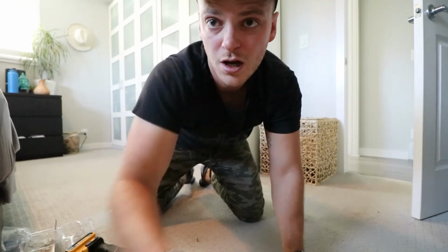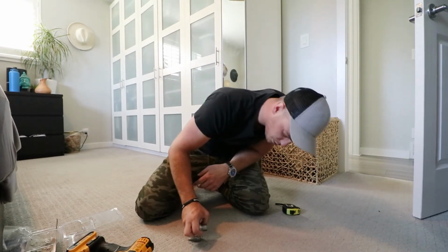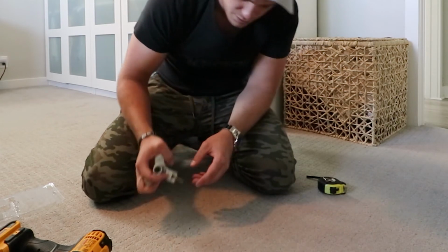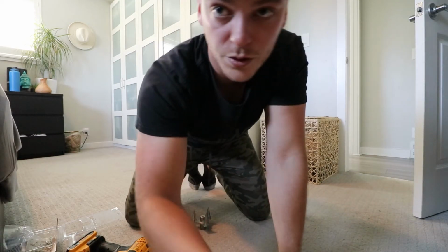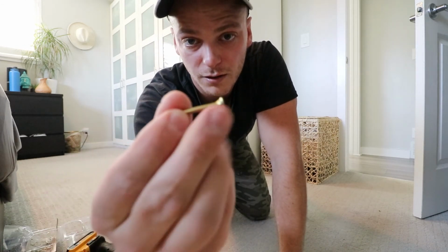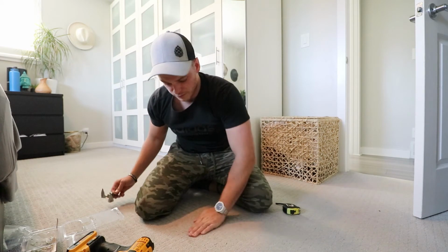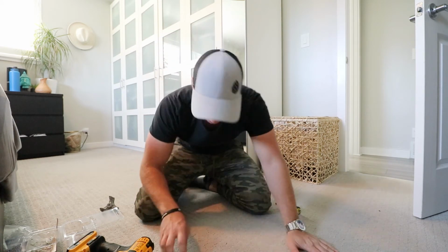Now what I want to do, I'm going to take this little device here. You're just going to put it into there, rock it back and forth just a little bit. That pulls out the end of the screw, which you can now see has broken off. So this piece is broken off. The screw is in the floor. You can't feel it. I feel like I'm doing an infomercial right now, but